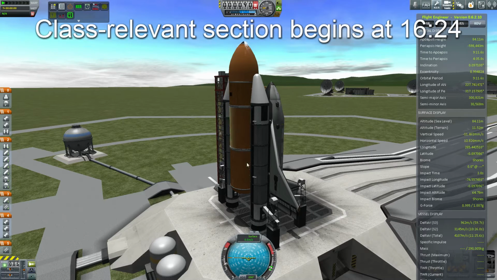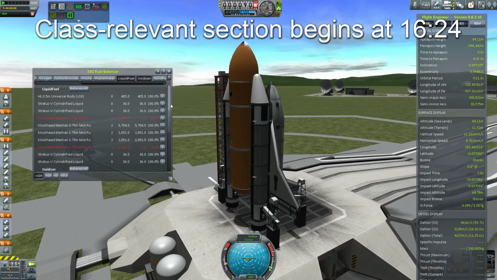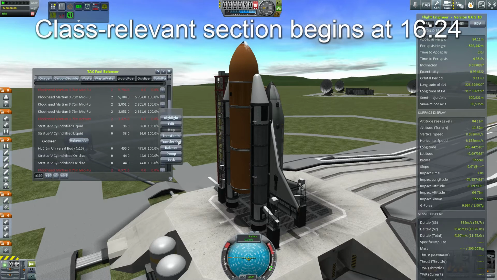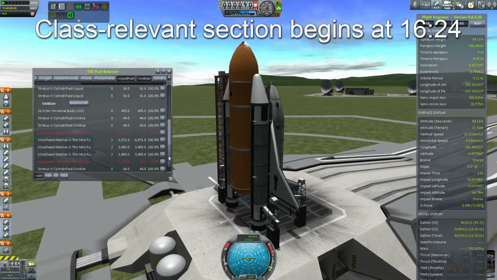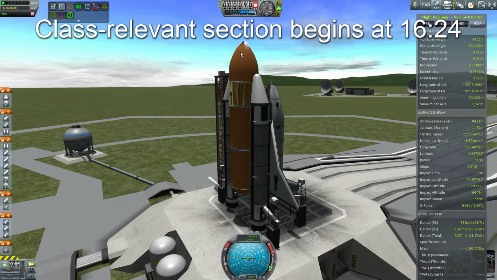I can't really sort this out and have everything pumped correctly without losing my mind, and so I just take a simplified system. By locking all the other tanks, I go into the fuel balancer and I just make sure that everything is constantly pumping into the top tank. There we go. And that will keep the center of mass moving forward